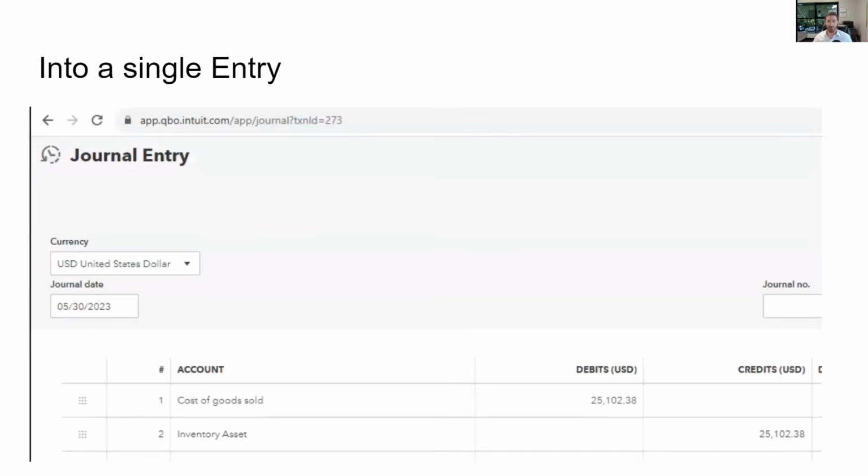So let's go into this. So this is a single journal entry you would put into QuickBooks, which ConnectBooks would create. You would have a journal entry. It would debit cost of goods sold and would credit inventory asset. So every time you do a purchase, all you got to do is take all those purchase orders and just dump them into one account, inventory asset. And then you can even set a rule in QBO that every time you purchase from a certain supplier, it should right away go into inventory asset. And then ConnectBooks will take it out of inventory asset and put it into cost of goods sold every time it